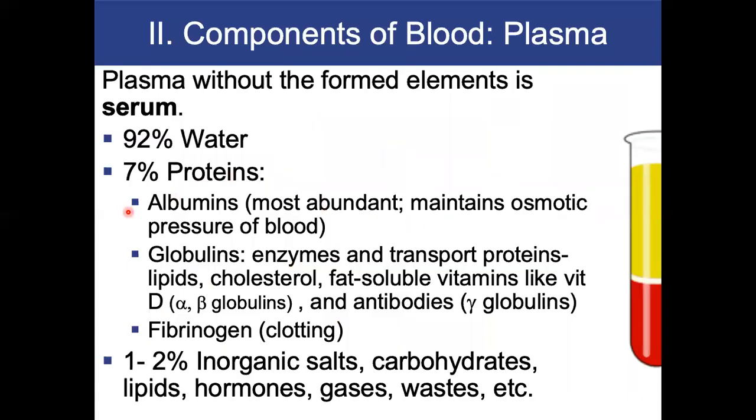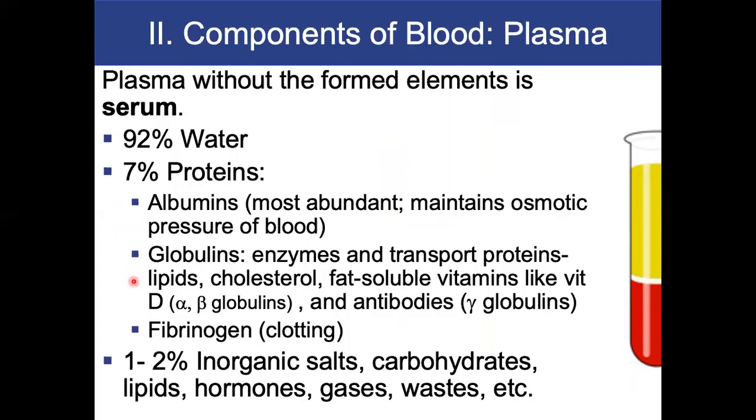So albumins, most abundant. What is the role of albumins? To maintain osmotic pressure of the blood. What is the osmotic pressure of the blood, guys? 0.9%. Okay, we'll talk more about that in a second. Globulins are enzymes, and